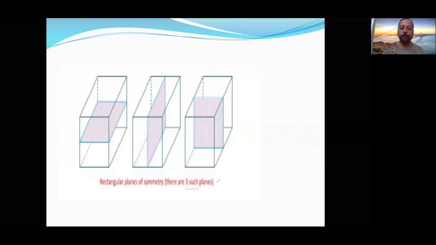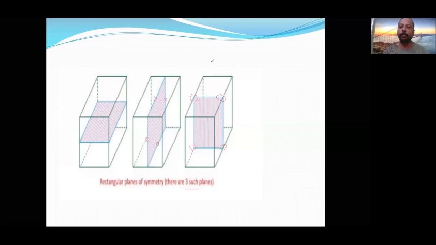Okay, so the rectangular plane of symmetry passes through which lattice points? Then your answer must name these lattice points, and what this lattice point is called. If the question comes, you will be able to answer only once you see this diagram clearly. Observation of the diagram is very, very important.